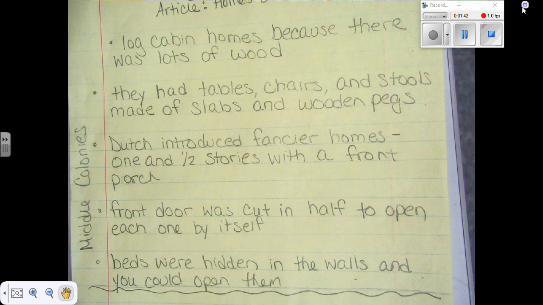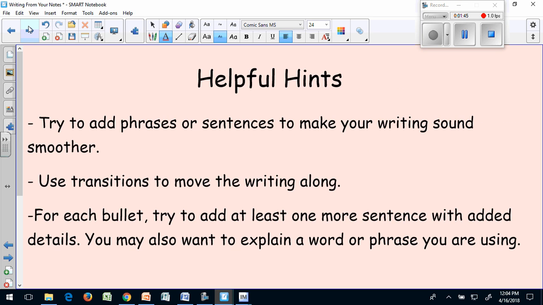So let's take a look at some tips that I want to share with you. You want to add phrases or sentences to make your writing sound smoother. You want to use transitions to move it along. That might be words like also, for example, or if you're explaining a sequence, first and then or next. And you also want to try that for each bullet you have, you want to add at least one or more sentences that'll give more details to your reader. And they also might explain a word or a phrase that your reader wouldn't know if they didn't do the